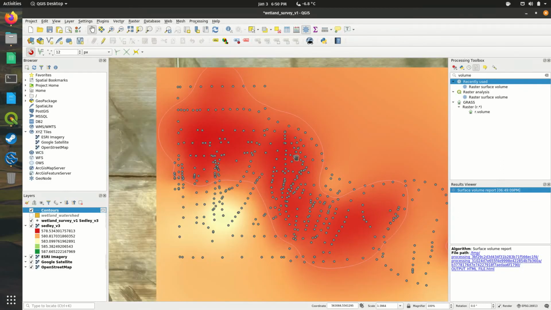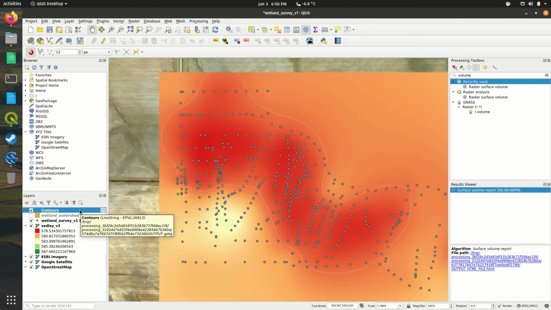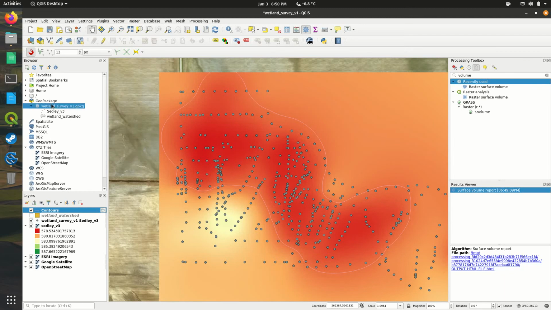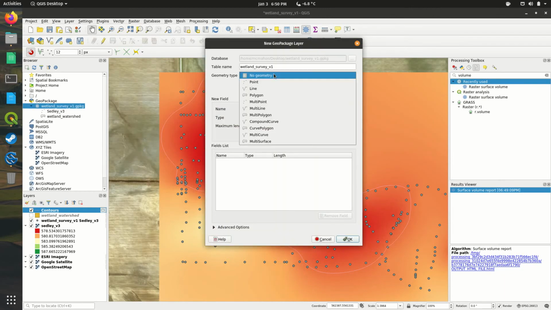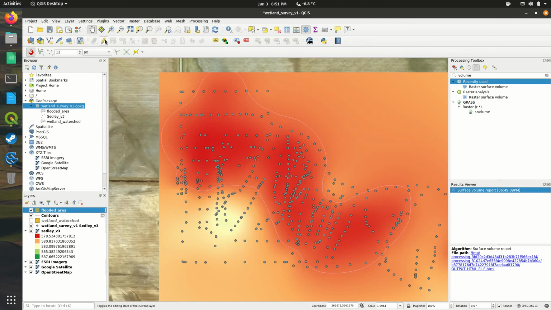And then we just have a line here delineating the boundary of our inundated area. But if we wanted to get an area of it, we could go here, create new layer, do polygon, and say flooded area, and use data, click OK, create the feature, turn on snapping, enable tracing, and